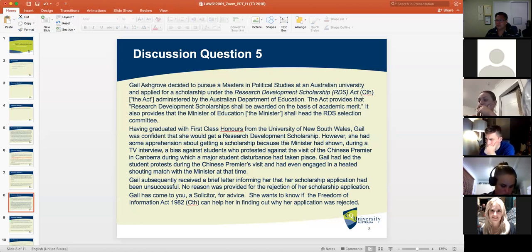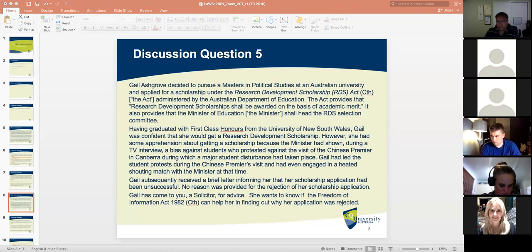So from Keith, yes, there's no reason why the FOI would not apply. But the basic question is, assuming that the FOI would apply, how would it help the case of Gail? Okay, from Mary, she may or may not get the answer she seeks. Okay, go on. To be more specific, from Keith, because then the minister would need to release papers pertaining to